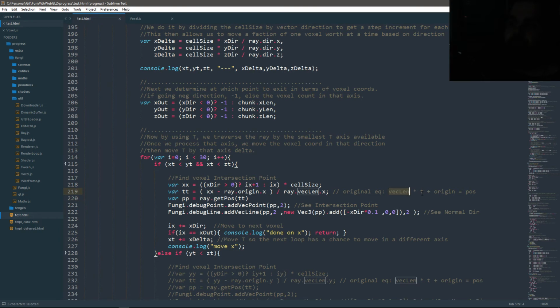It's like the whole length of the array. We want a fraction of it plus origin equals the position. And the thing is, we don't know what t is, but we know what our vector length is, and we know its origin. So when we move the equations around,